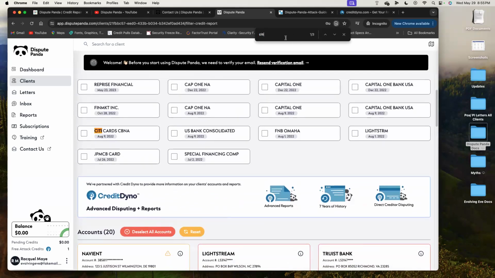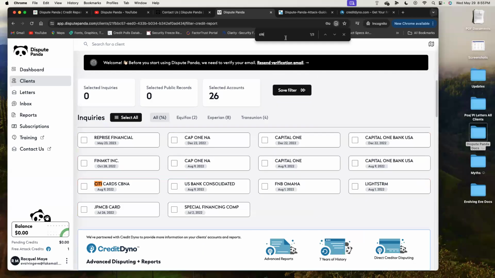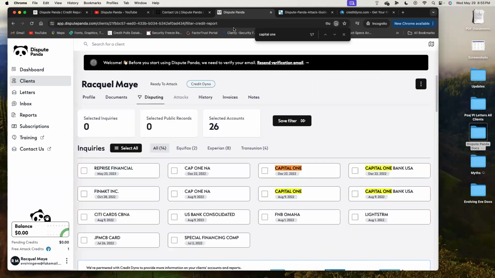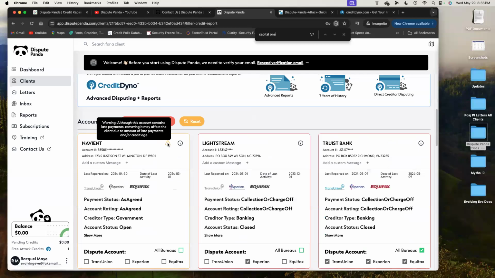So in this particular case, we do know that we have the Citi card. She had several Citi cards, so we're not going to touch that particular account. Cap One, of course, we know is Capital One. So we can search it and see if there are any open and active Capital Ones. If there are, we are not touching it, right? So just to give you an idea, that's what you want to do with the process. Personally, I do any inquiries that are not attached to an open and active credit card, period.